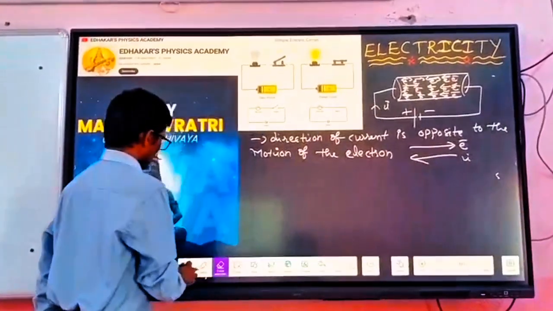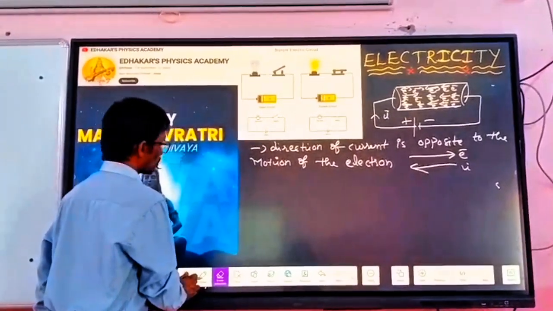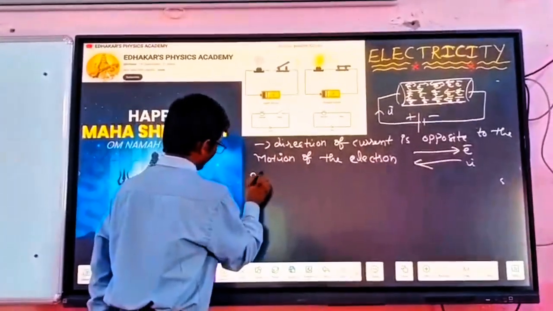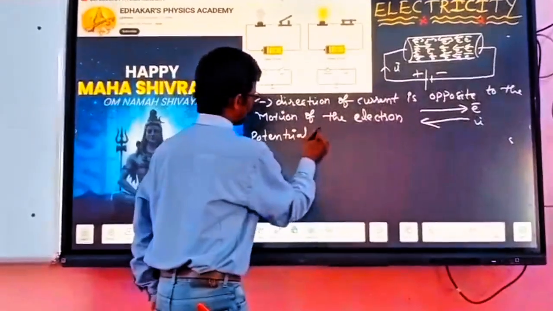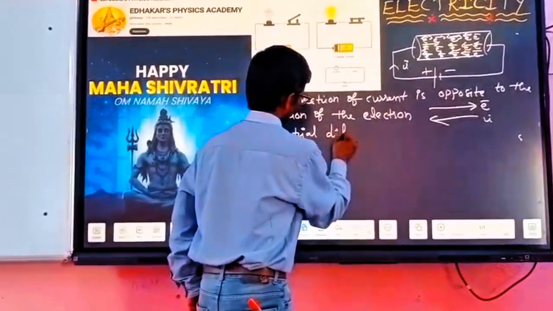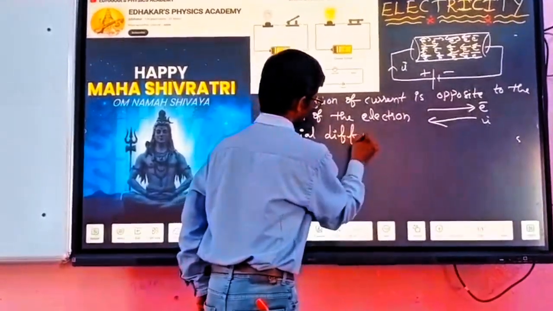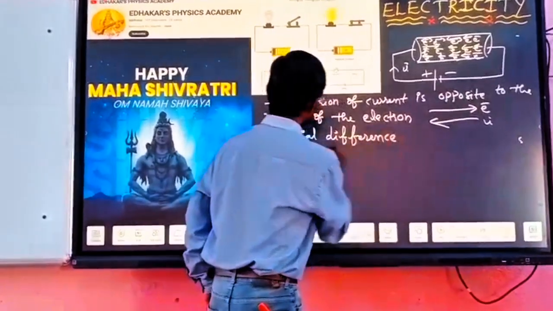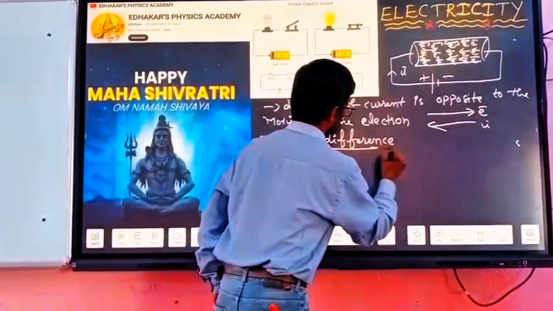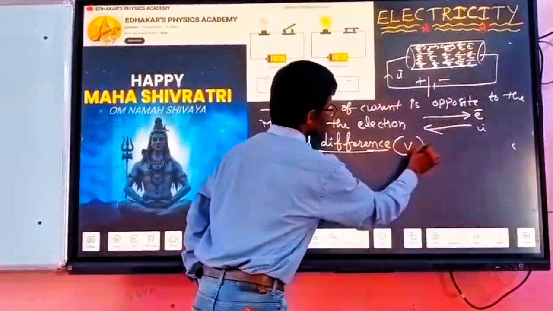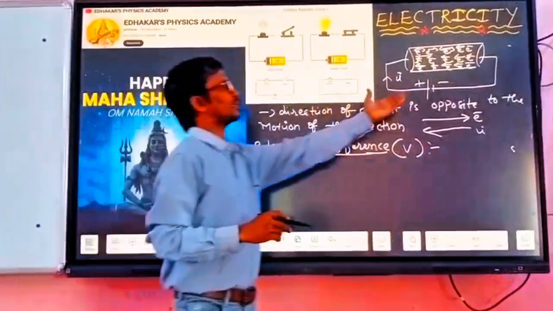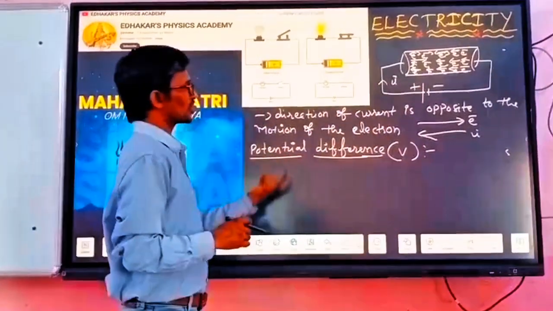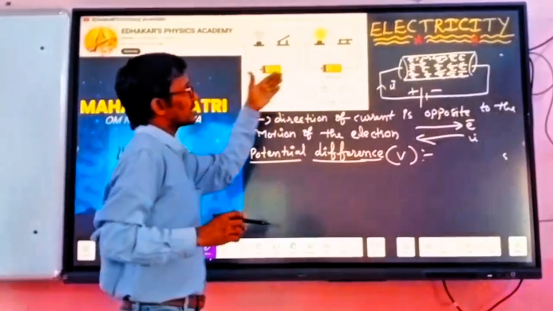Now, potential difference. What are we discussing? Potential difference, represented by V. What is potential? When we connect the battery here, some force is developing, and because of this force,